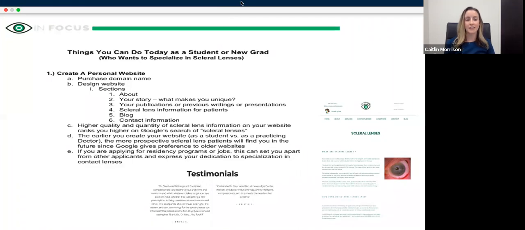And then I also wanted to do a little bit of the patient to practitioner, getting patients from someone looking you up online. So making sure your website has really good quality content in it is really important. And Rob just flipped to this page that all of you are going to get sent afterwards. Basically, it talks about one of the most important things I think you can do as a student or